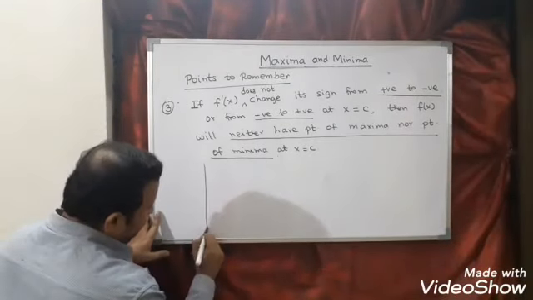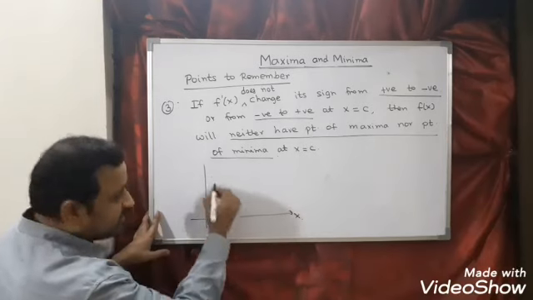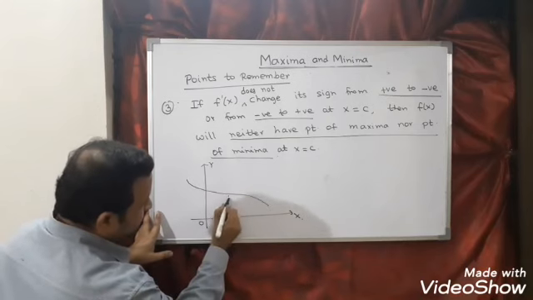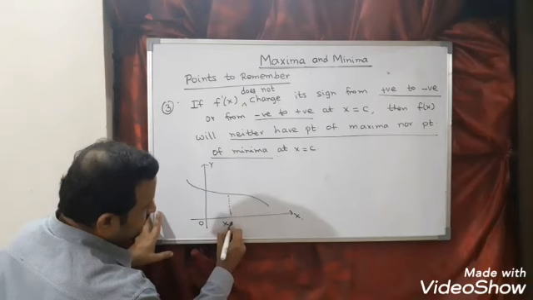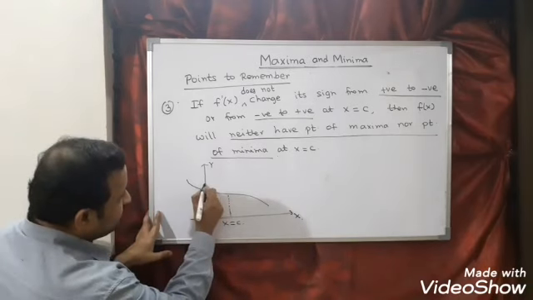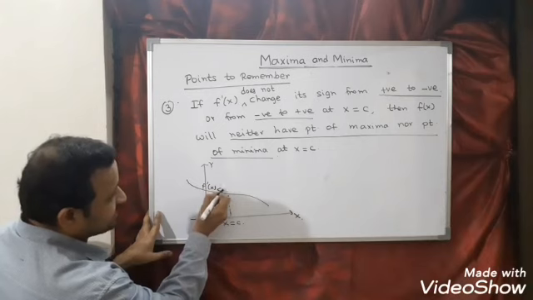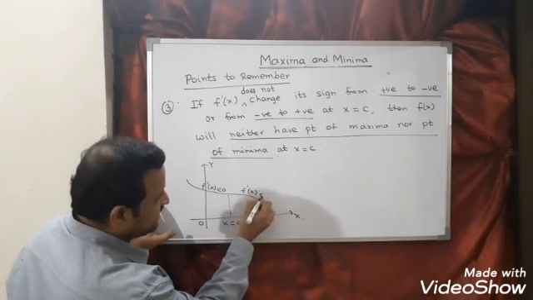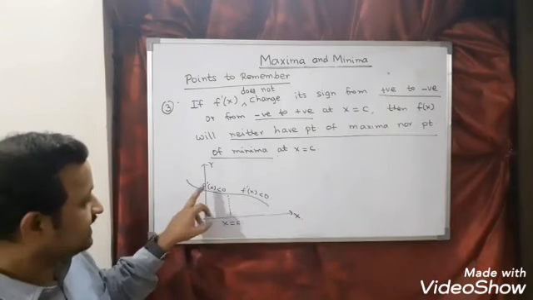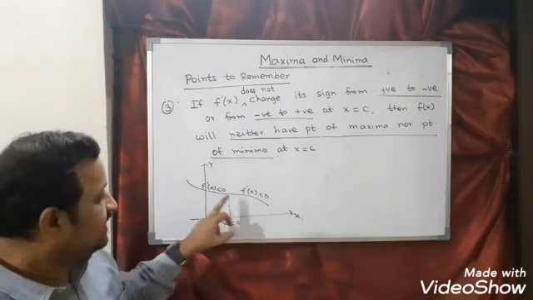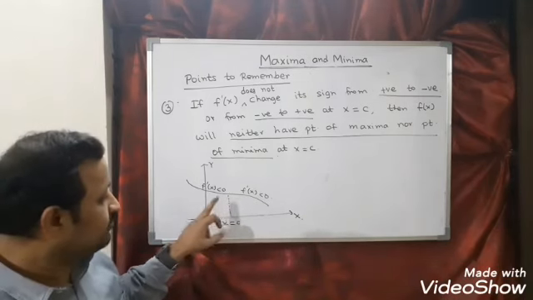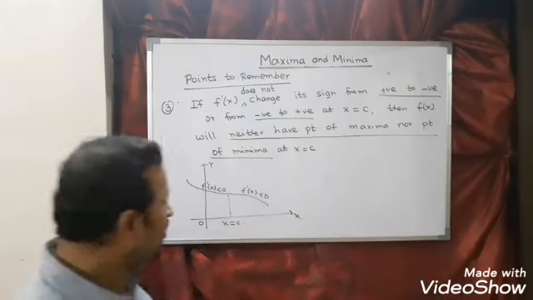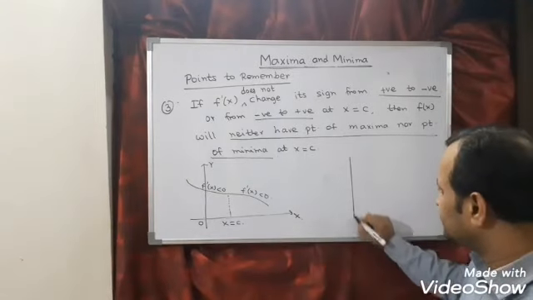So let us see, suppose the figure is like this. This is the x-axis, this is the y-axis. The figure is something like this, and let us take this point as x is equal to c. So before c it is decreasing, and the condition for decreasing is f dash x less than 0. After c again it is decreasing, so I can say f dash x less than 0. So here you can see f dash x is not changing its sign either from positive to negative or from negative to positive. So x is equal to c is said to have neither a point of maxima nor a point of minima.